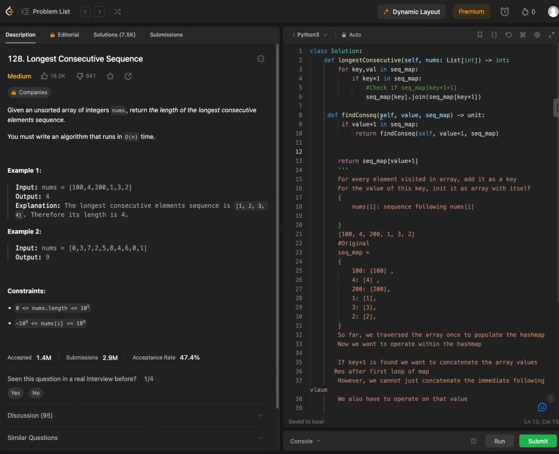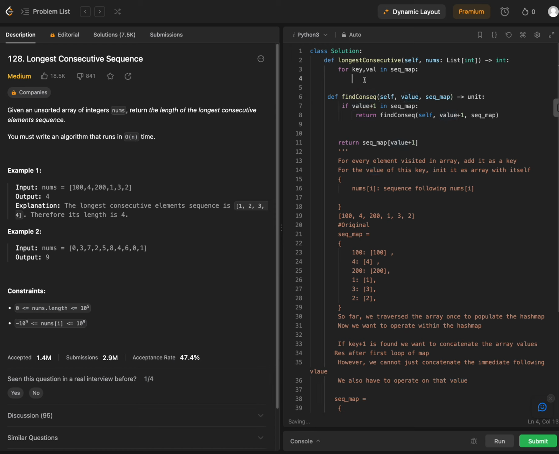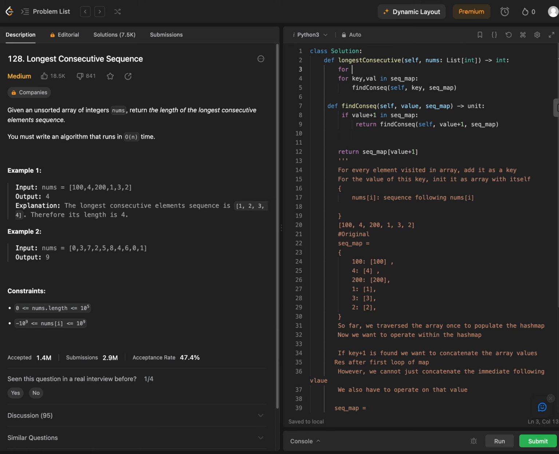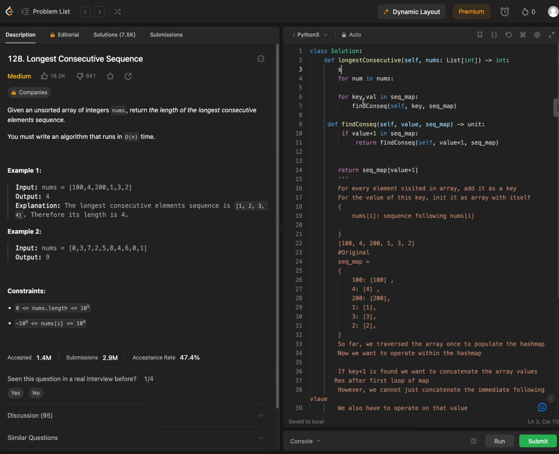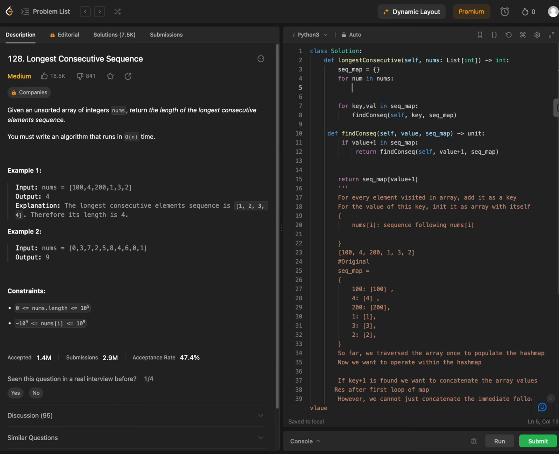Okay, so let's just say this is passed, sequence map is this value, right? And then we pass in find consecutive. We want to find consecutive here. Key value in sequence map. We want to find consecutive with the key, and then we want to have sequence map, right? So we definitely want to populate this entire array first, so let's just do that right away. Num in nums, right? We have sequence map equals to this, and then we want to do